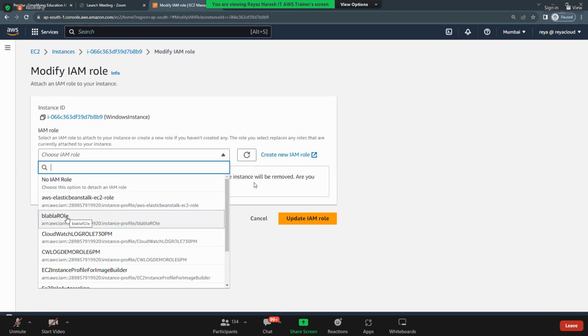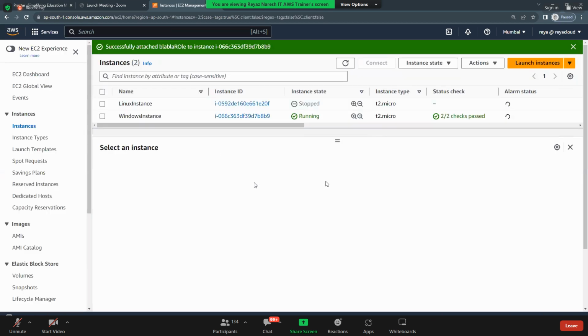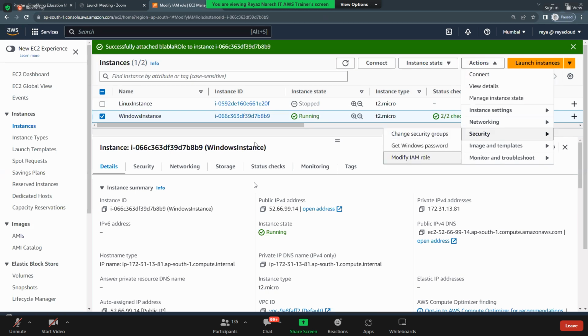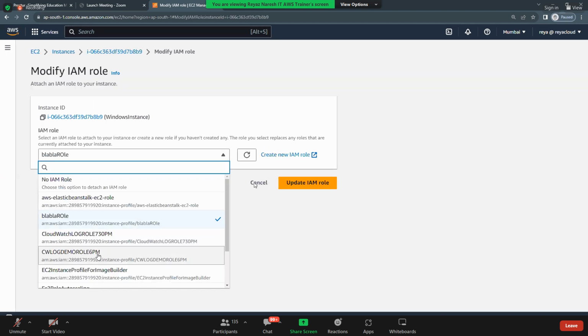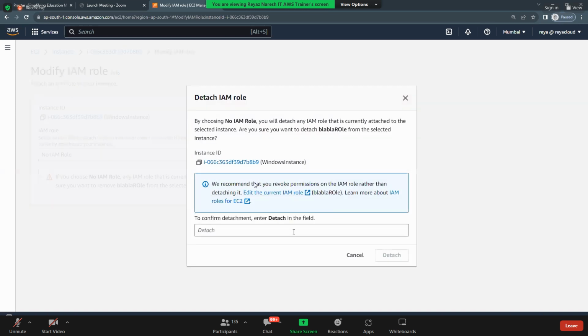Yes, I can attach it. Can I remove the role also while EC2 is running? Yes. Can I change it to some other role? Yes. Can I detach it? Yes, I can do it.